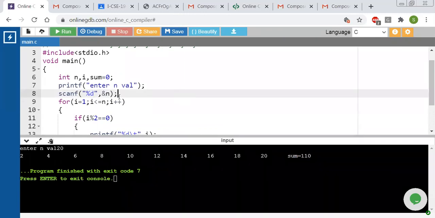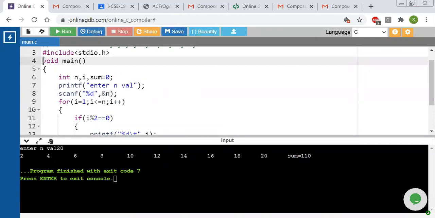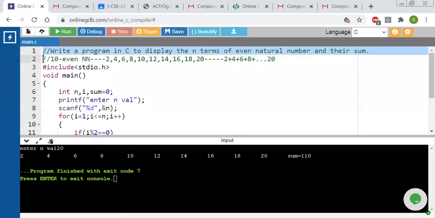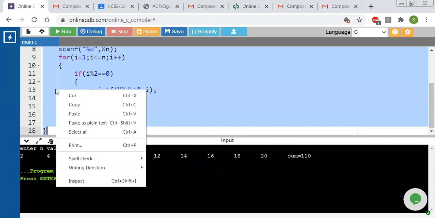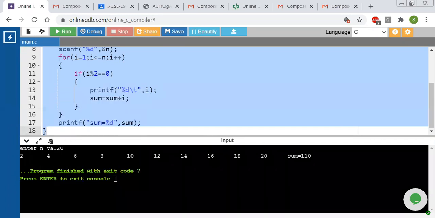First of all, I will copy this program, and I will copy the output also.